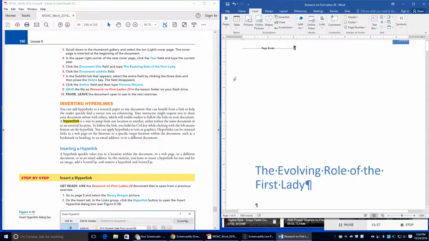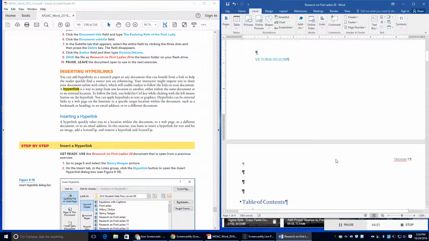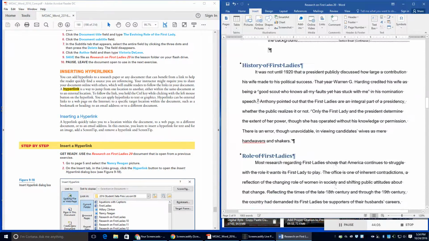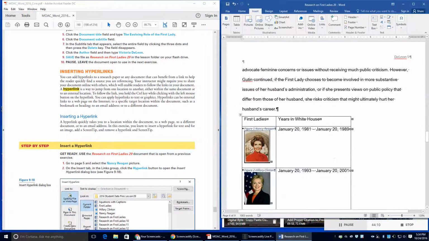All right, we're going to use the same document. Go to page 5. So I'm going to scroll down to page 5. And I'm going to select the Nancy Reagan picture. On the Insert tab in the Links group, we're going to click